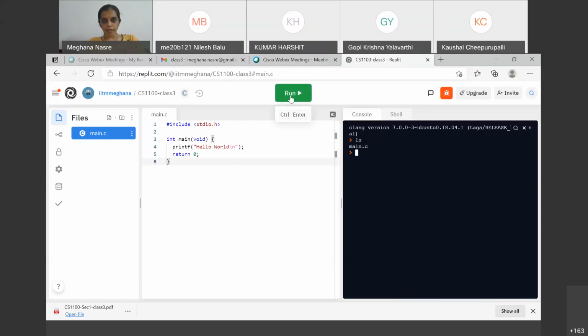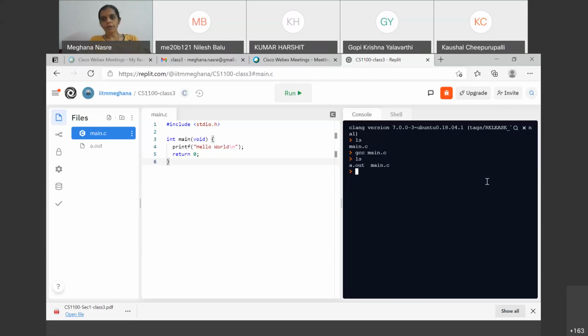There is also a helpful run button here, which I am not going to use at the moment, but I'm going to show you how to compile this program. We have talked about compilers. So I'm going to use this compiler, which is GCC, and I'll say GCC main.c, which will compile this program. If your program is correctly written, it will compile quietly, not tell you anything. But if you do ls, you will see two files now, one which is a.out and the second which is main. The a.out is the binary executable of the program, which is main.c.